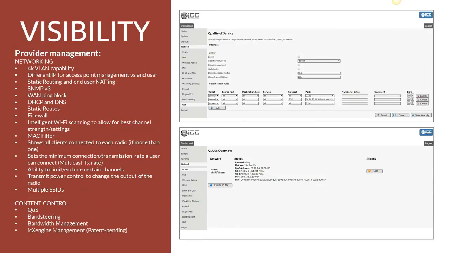It also gives them control over the networking and content control side, where, even with these small access points like the ICX10, they can offer services such as firewall, MAC filtering, and control bandwidth based on SSID, so they can have an environment where they have a mall area and assign bandwidth based on the different requirements or SLAs for that particular customer as well.